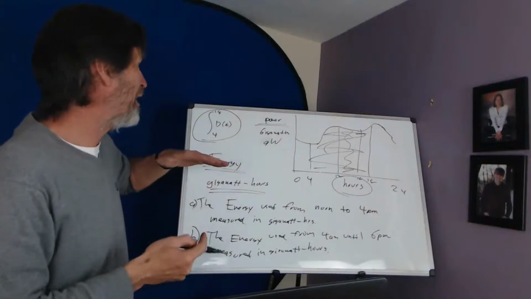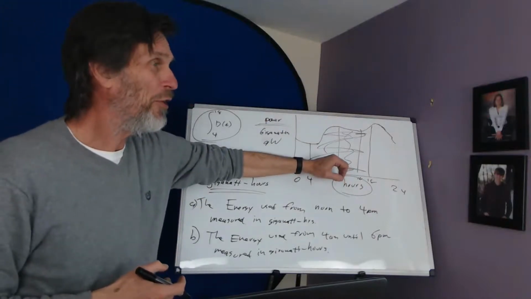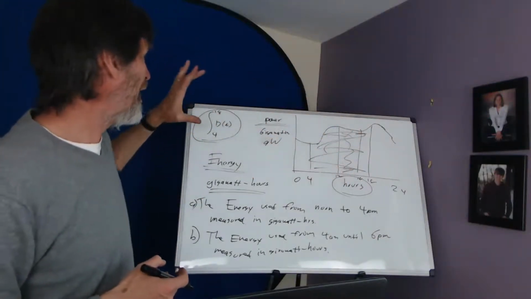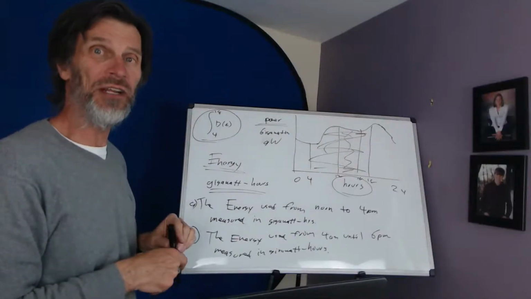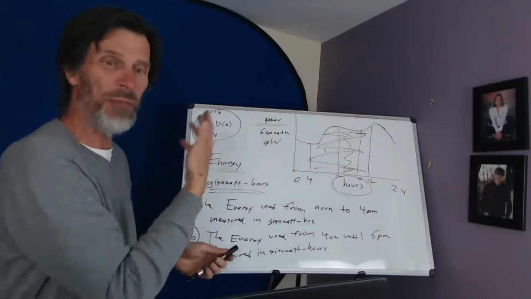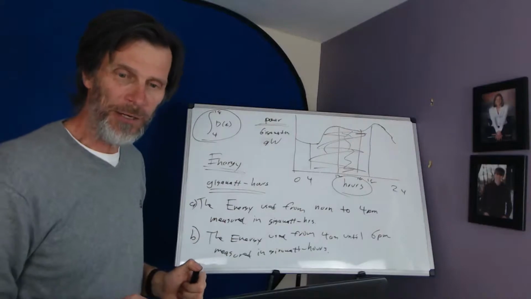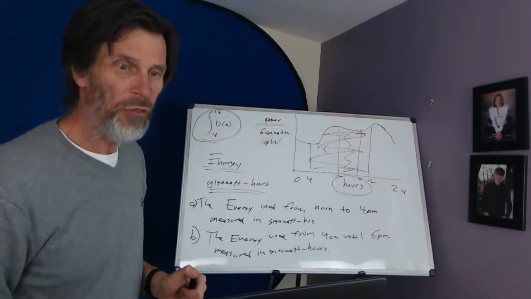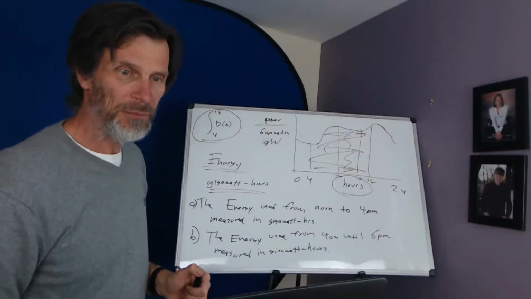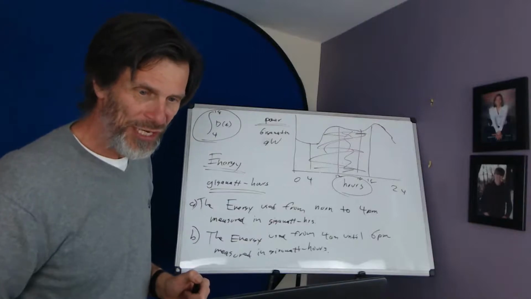Now we have to make sure we make the connection that area under the curve is something, and area under the curve can be captured by a definite integral. So that's what I was trying to get at by putting parts A and B right next to each other. So both of those are energy. Great. On to part C.